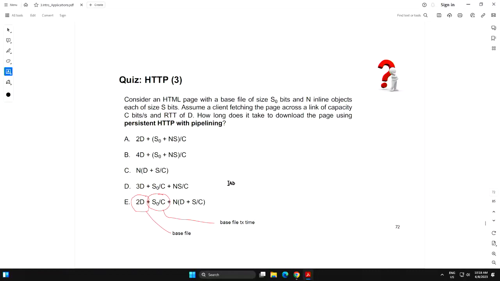So the simplification comes from here. It's just D plus S over C. There is no 2D here, so just a single D. And that makes a huge difference when you have a big multiplier N. So you can actually go back and work it out.